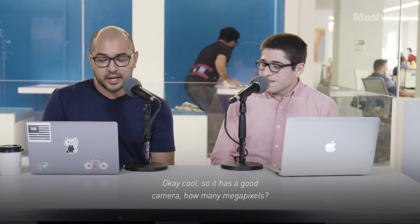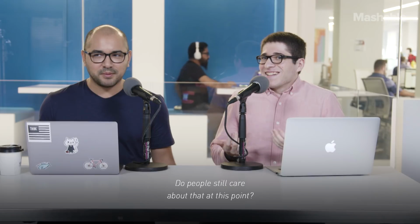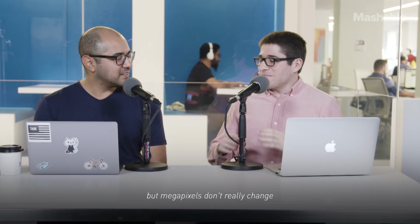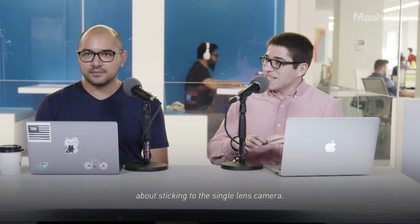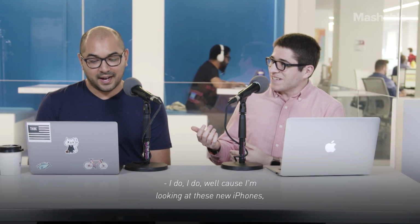Okay, cool. So it has a good camera. How many megapixels? 12 megapixels. Does that matter? Do people still care about that at this point? So it's 12 megapixels. It's not really an upgrade from last year, but megapixels don't really change year to year anymore, is what we're seeing. A lot of them, Google's very strong about sticking with the single lens camera, which I know you have some feelings on with the